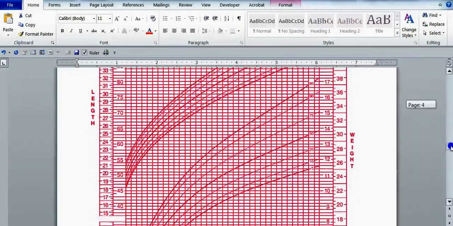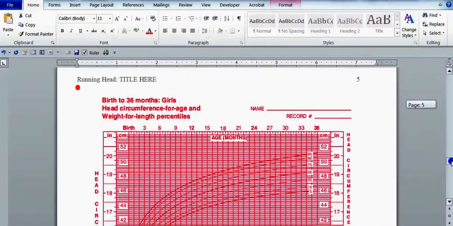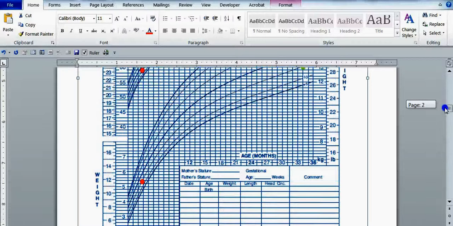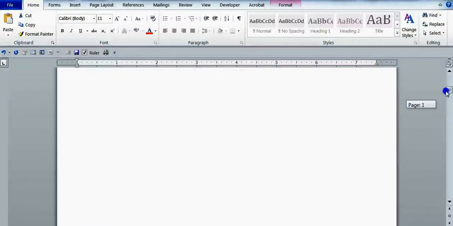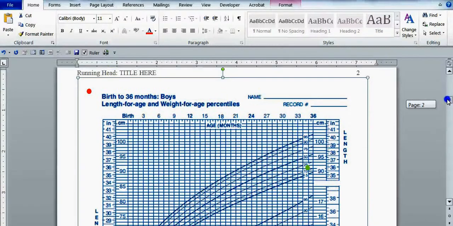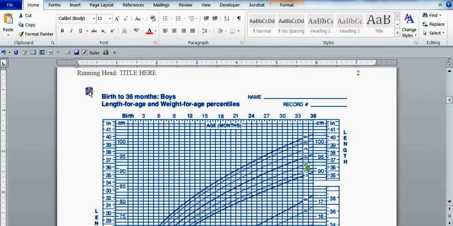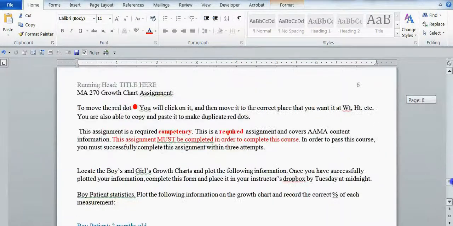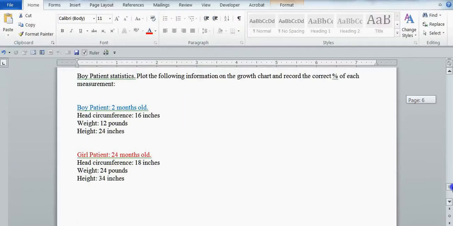Okay? I think if you have any questions, we're going to go over this slightly in our seminar. So if you have any questions, please feel free to ask me. But I think this makes it really clear. As long as you click on this and drag it, you should be fine. Okay? Click, hold down the mouse, and drag. Okay? That is the biggest problem that most students have. And also know where your percentages are. Alright? There is a sheet of paper. This right here tells you exactly